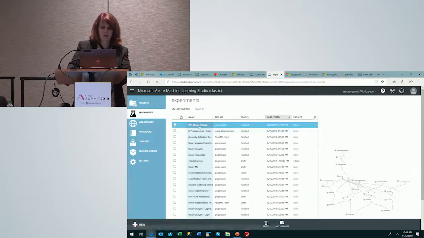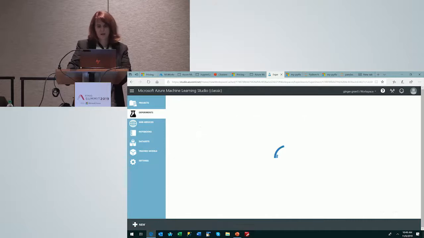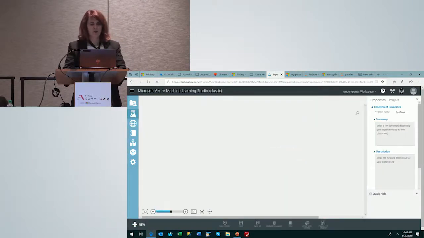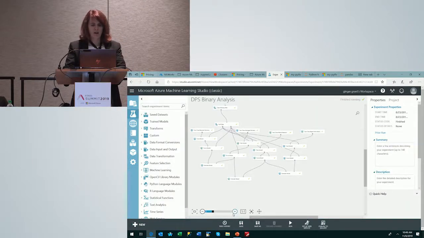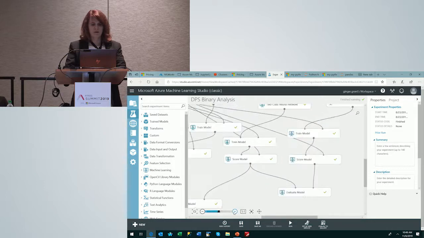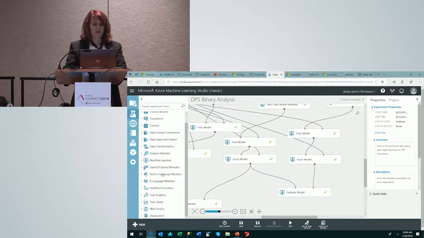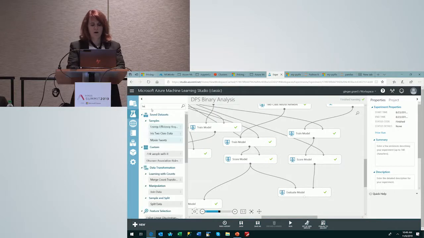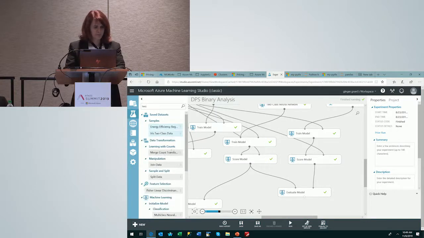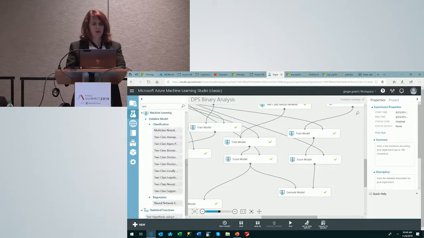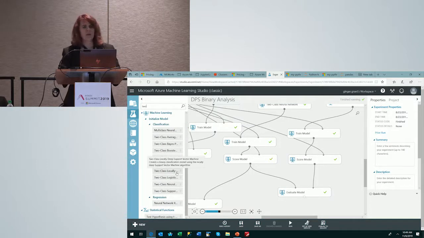Let's take a look at some of the things that exist. If we look at this interface, you'll notice that it looks a whole lot like what we just looked at. As a matter of fact, the items on the side are similar as well, but they actually have more algorithms. If we look at the classification, there's a number more; they include a lot more algorithms than they have included in the new version, which is sort of interesting.